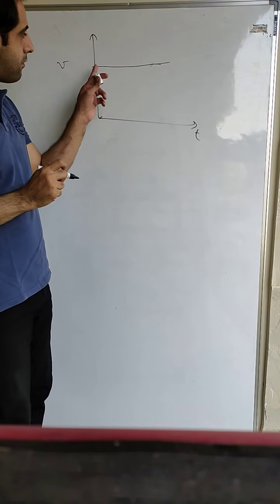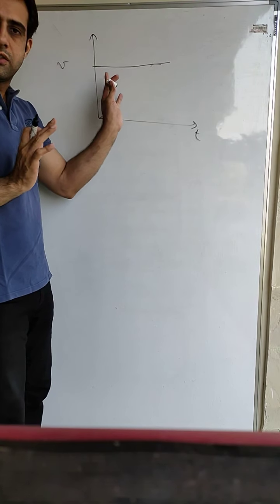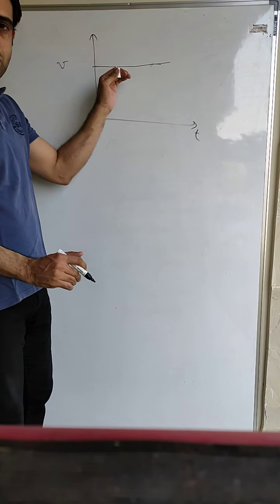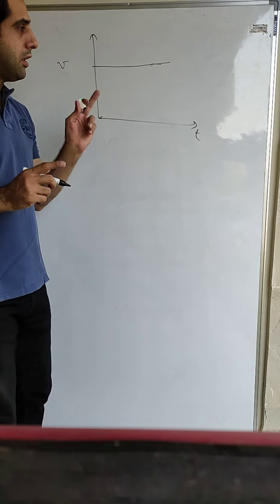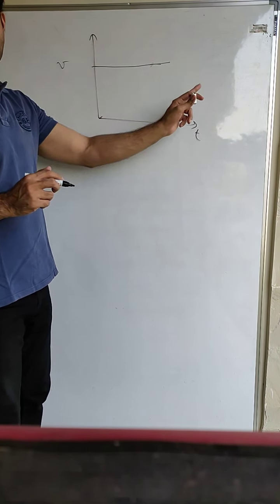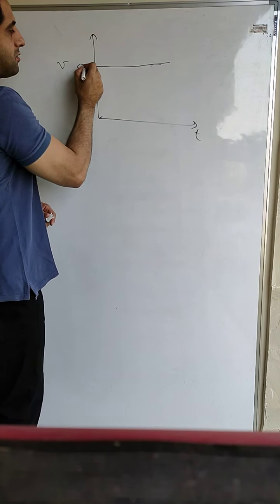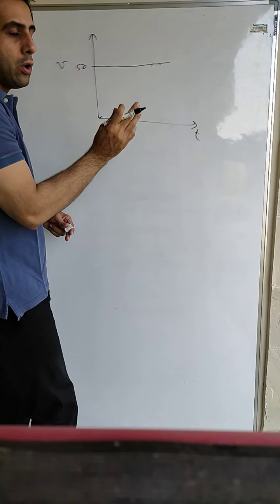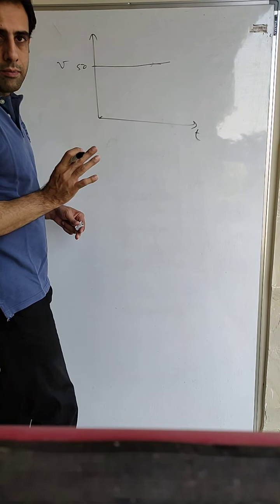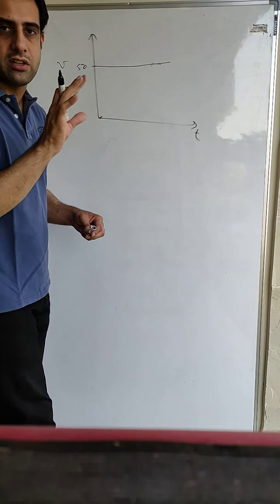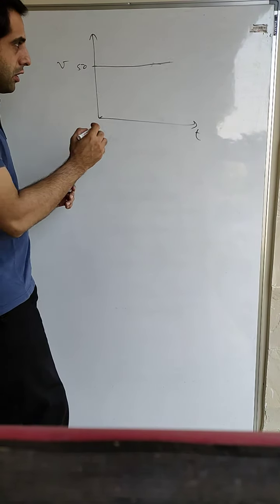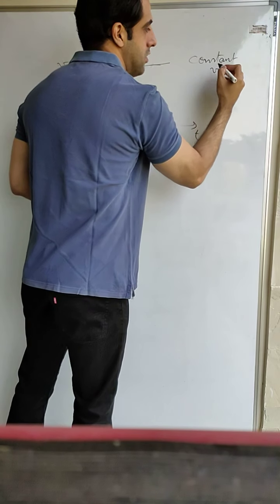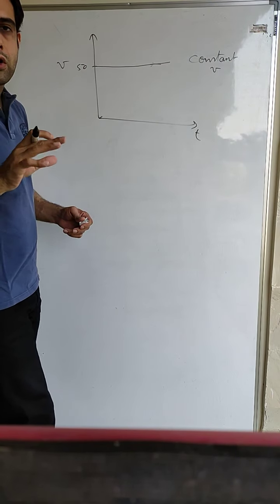This graph shows us that the value of velocity is same. Whatever the time is keeping on increasing, but the velocity does not change. Hence, for a uniform motion, the velocity time graph will be a horizontal line. If the body was traveling with a speed of 50 km per hour, it will keep on traveling with the same speed without considering the length of time. The time keeps on increasing, but the velocity does not change. So this graph is for constant velocity.